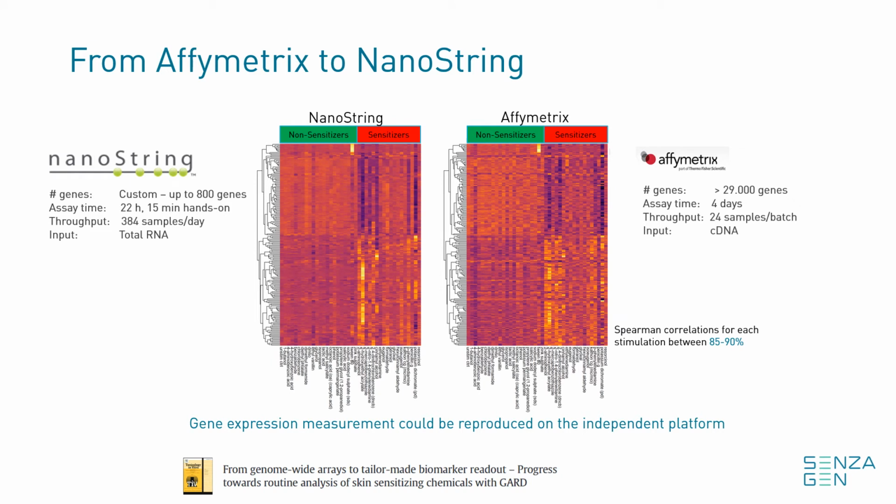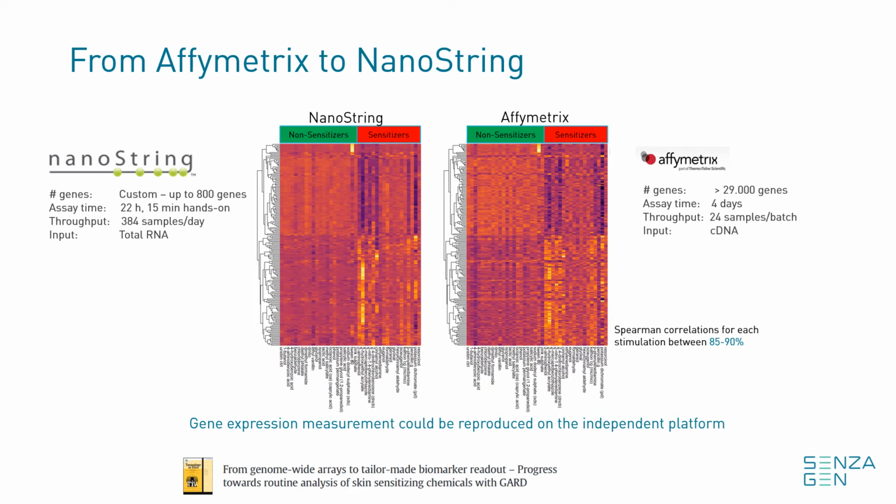Once we identified our biomarker signature, we wanted to transfer the gene expression measurement from measuring the complete transcriptome of the cells to a higher throughput, more streamlined platform that measures only the genes relevant to the signature. The Affymetrix platform used for identifying the biomarker signature is extremely useful when needing to observe the whole transcriptome of the cells. But the platform does not fit very well with routine testing as it is very labor-intensive with low